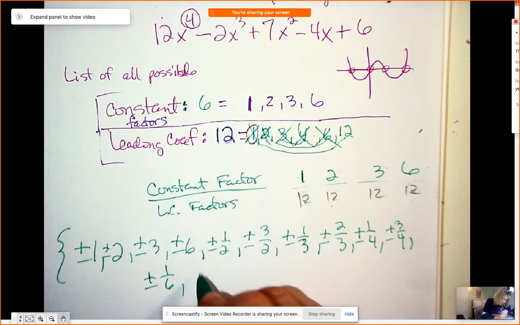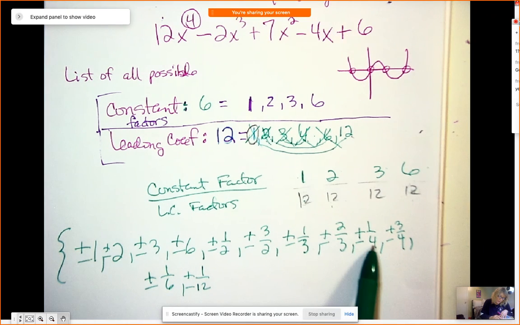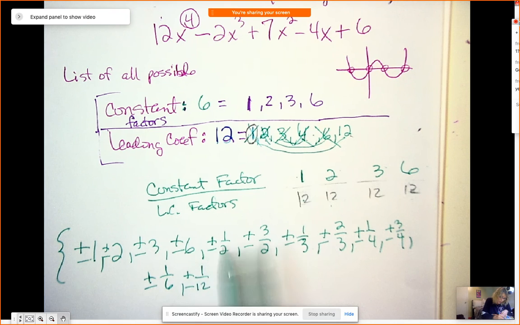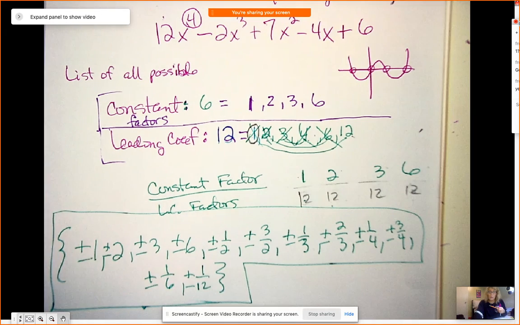1/12 obviously is not in our list yet. We're going to add it. 2/12 is 1/6. 1/6 is already in the list. 3/12 is 1/4, already in the list. 6/12 is 1/2. Okay, this is the list of all possible zeros. Pretty crazy, huh? Okay, that's all I'm asking on question number 1 is what are the possible